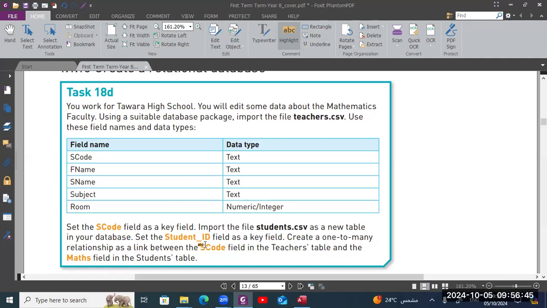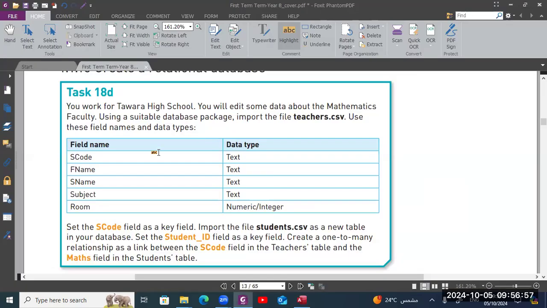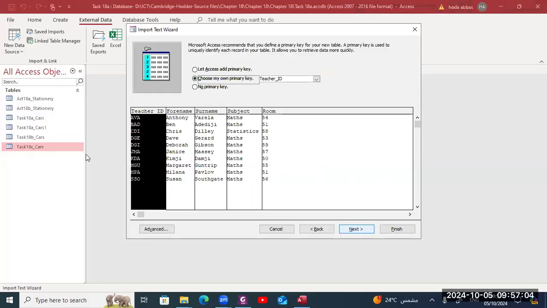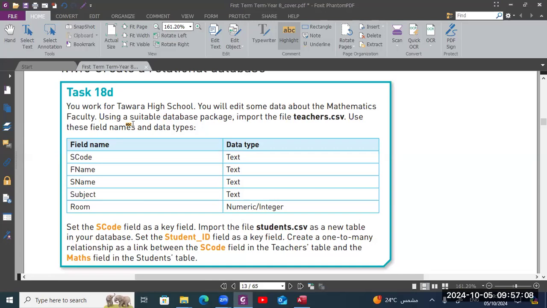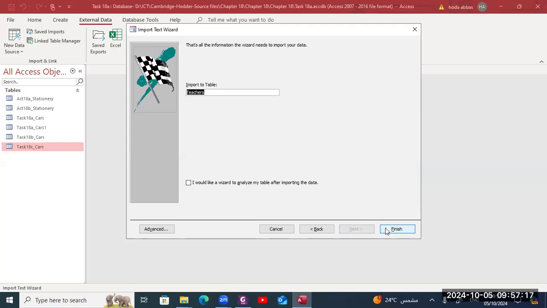And this, he needs what? He needs to change the names because we have here forename, surname, subject and room. He needs to change forename to FName, and the other name is Name, and then I keep subject, so he needs to change the teacher ID to SCode. The same 5 fields, okay? So I choose it, next, finish,